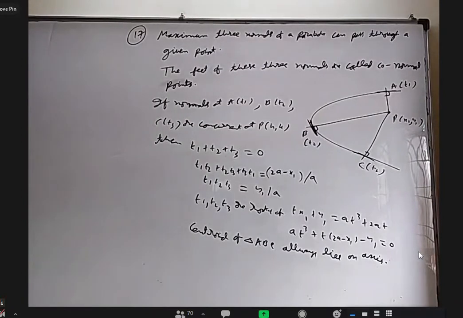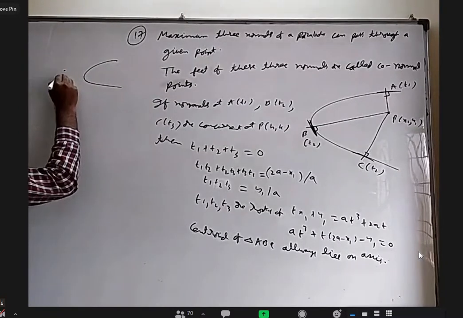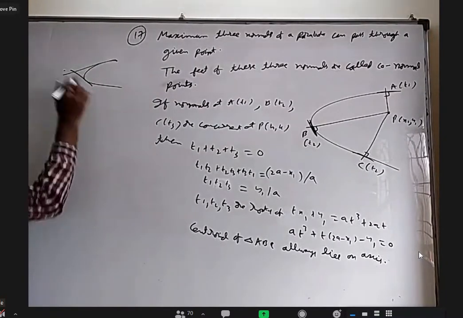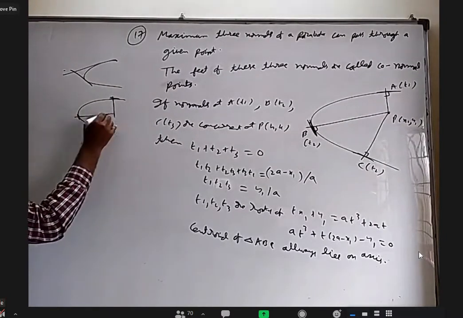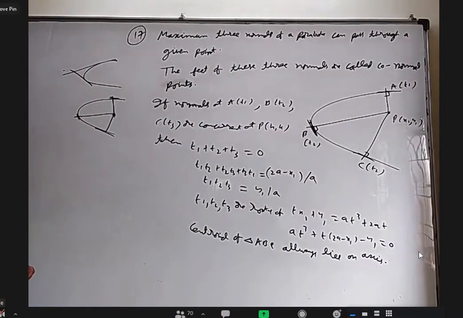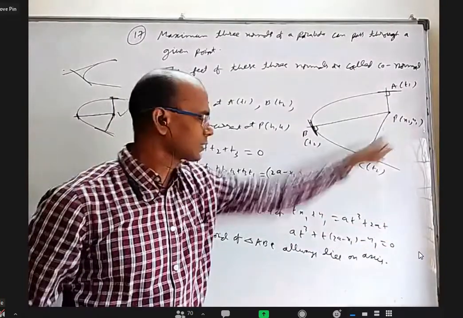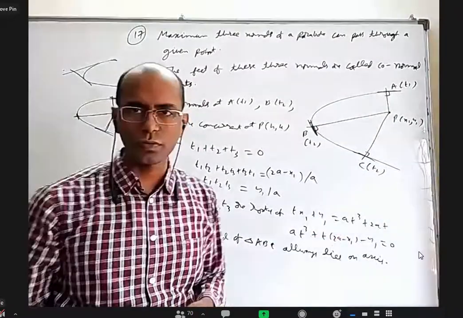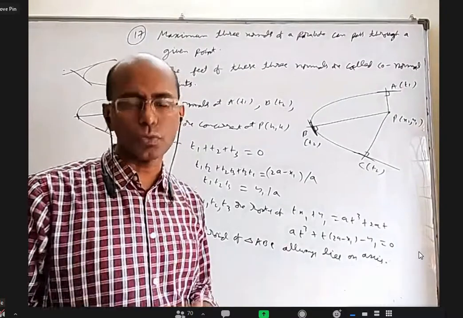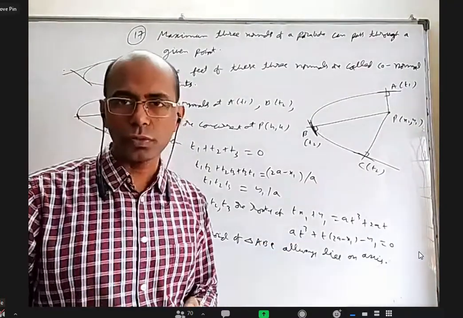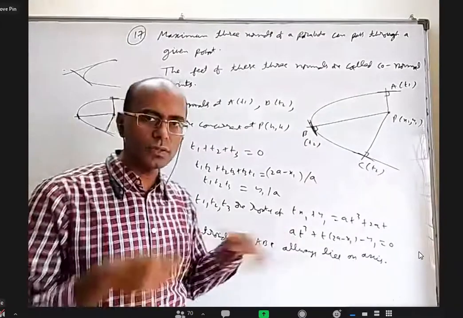Okay, now as I said, if you take a parabola from an external point, maximum you can draw two tangents. But if you take a point inside or outside, maximum three normals can pass through that. How is that? If a point is given, let us see how to find the normals. You take the general normal, substitute that point, bring one side, you get a cubic equation. Because you get a cubic equation, there is no guarantee that every cubic equation will have three distinct roots. Sometimes it can have two equal roots. Sometimes all three roots can be equal, right? So it will have maximum three distinct roots.